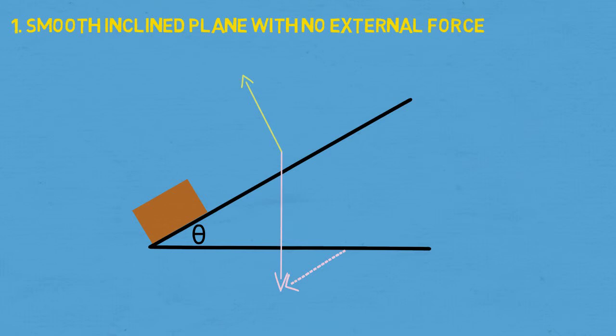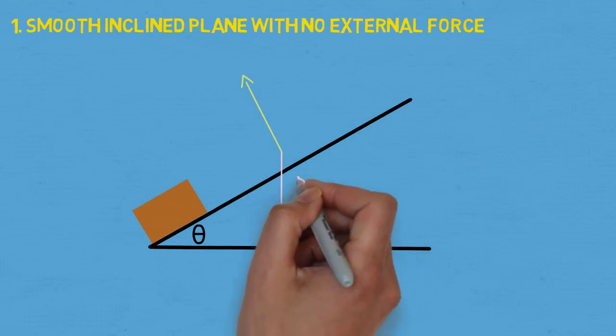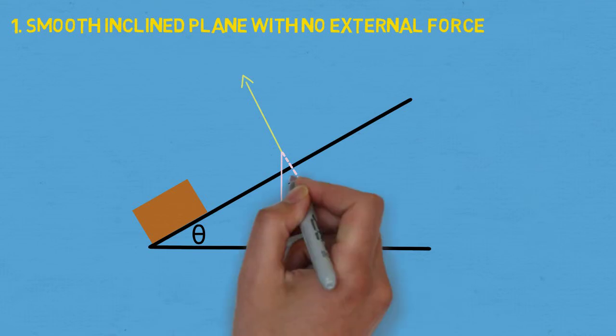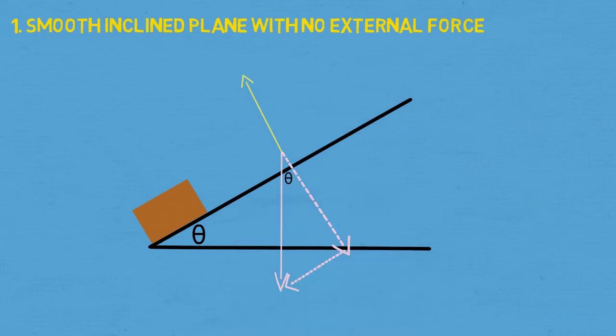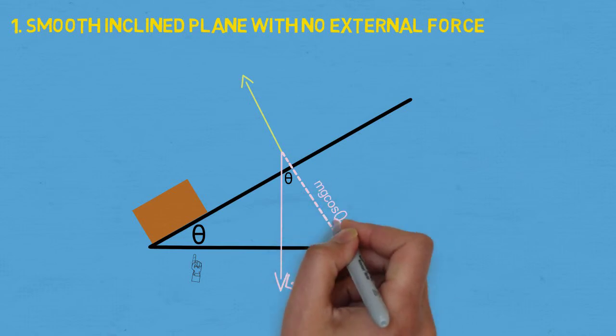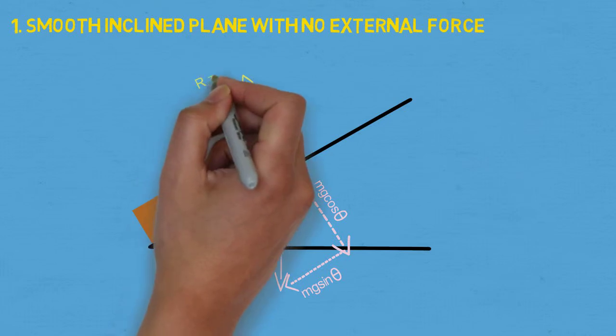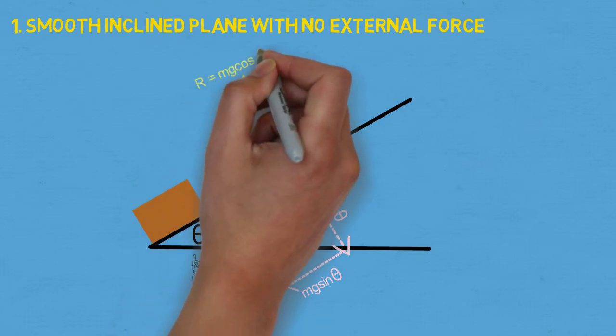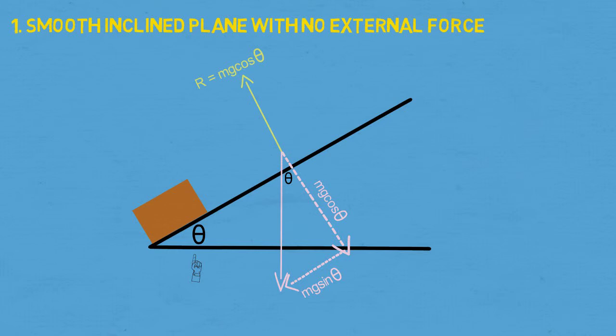the weight force. We draw this invisible triangle with angle equal to theta, which is also the same angle as that of the incline. Using trigonometry, the horizontal force that we're interested in should equal mg sin theta. Of course, we also have the vertical force here, which once again using trigonometry should equal mg cos theta. The reaction force has the same magnitude in order to keep the object from flying up or going straight through